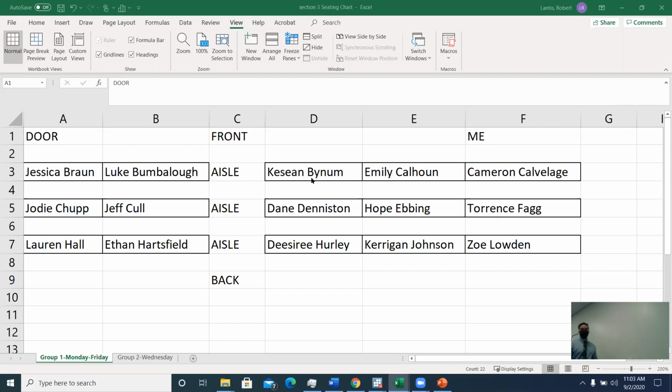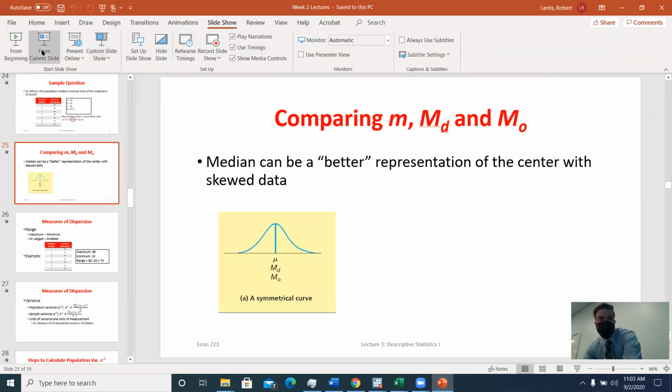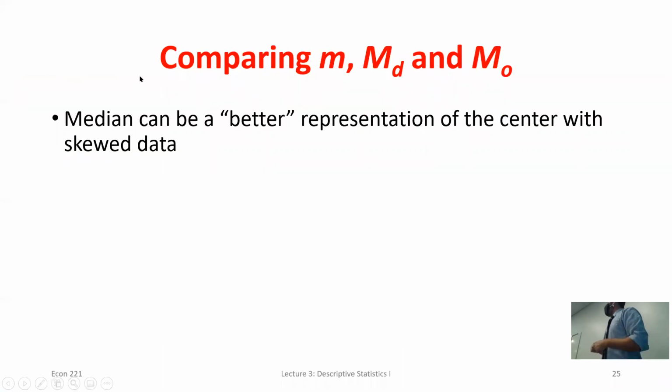All right, so last class, we left off talking about means, medians, and modes, okay? And we also talked about some different types of distributions. We had the normal distribution, and left and right skewed, and I said there was a reason why they were called left and right skewed. The way I said you could remember it last class was if it had a long right tail, that was right skewed. If it had a long left tail, when we graphed that distribution, it would be left skewed. But there's actually another reason as to why.